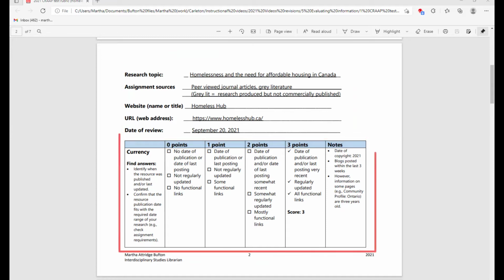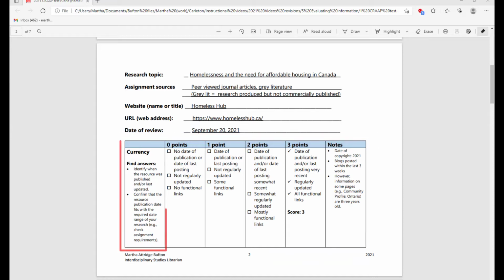As we can see, the rubric has 6 columns. The first column of the rubric identifies the criteria and also includes strategies for finding the information needed to assess the source. Having a clear pathway simplifies the search for information. The next 4 columns identify information to look for when scoring a source. Note that this is a framework for the evaluation rather than a set of hard and fast rules. There may be times when it's necessary to make a judgment call on the overall importance of information that is missing or cannot be found. The final column is a space to take notes, that is, to track the search process and thinking about the source.